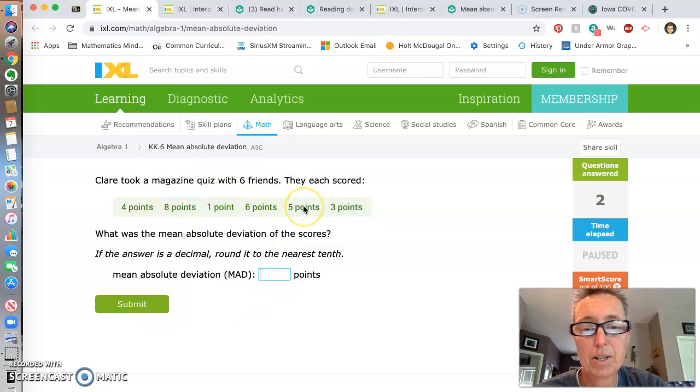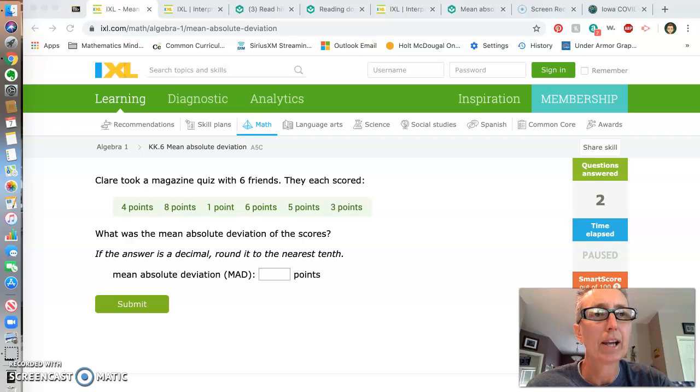All right, so to find the MAD, you have to add up the numbers and find the mean, and then you have to subtract. So when I add them up, I get 27 divided by 6, and you get a mean of 4.5. Then you have to subtract each of those numbers from the mean, and when I did that, I added those numbers up then to find the MAD. When I added them up, I got 11 divided by 6 equals